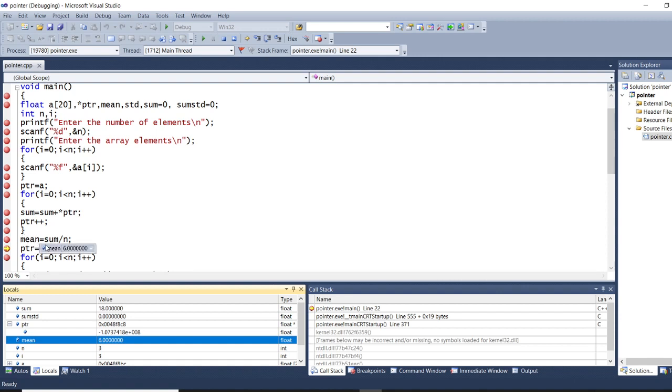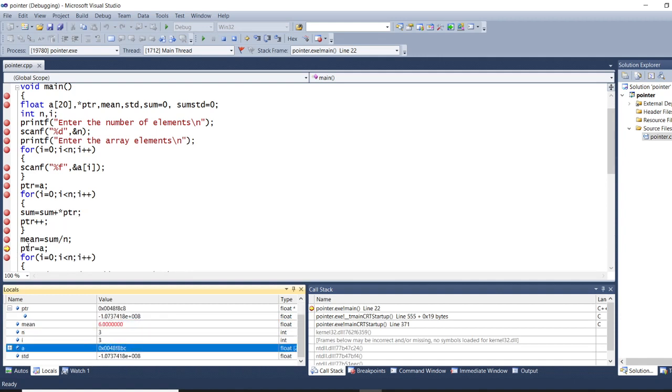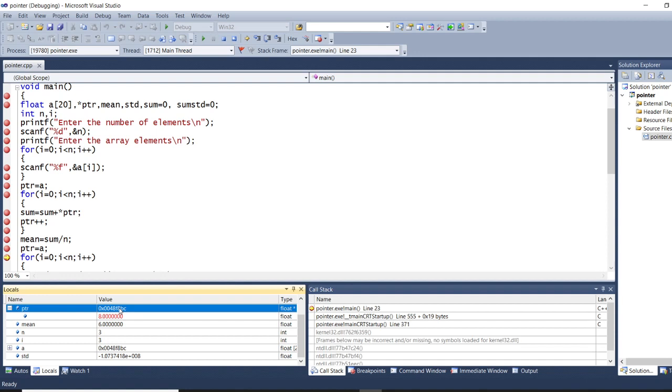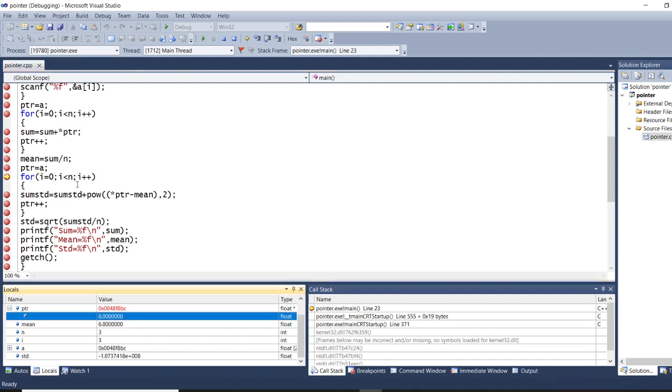Okay, so next, again the array, whatever the a is there. You can see the a value, that is the address that is stored. That is again initialized to the pointer. So again the pointer is initialized to the first value. Now what is going to happen? You can see in this, 8 is stored, because again it is starting from the starting address. So here you are going to find out the standard deviation.